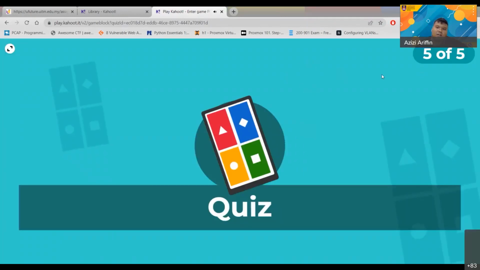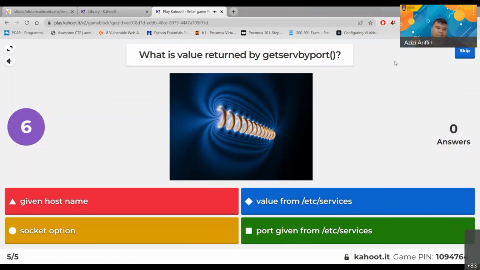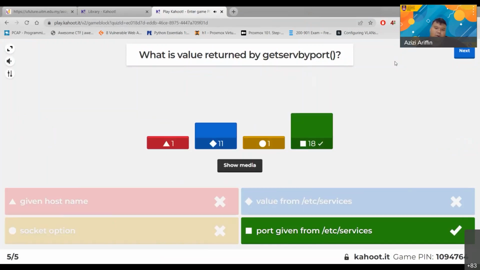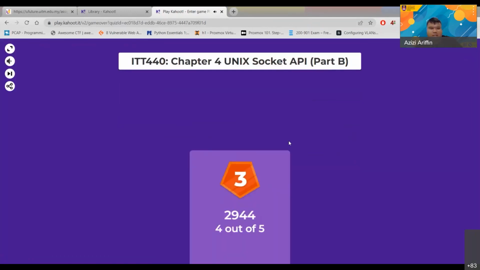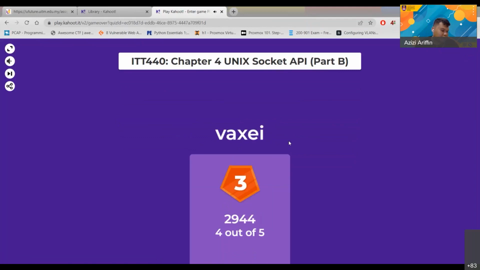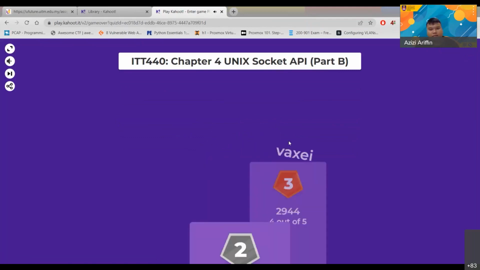Next, last one. What is the value returned by get served by port? The port given from etc services. Right. Even though we haven't learned it yet, we will learn next week. Anyhow, let's see who